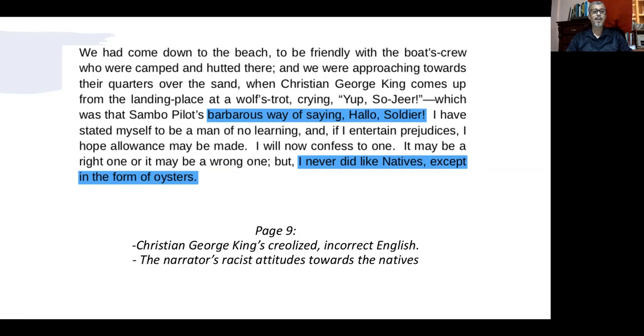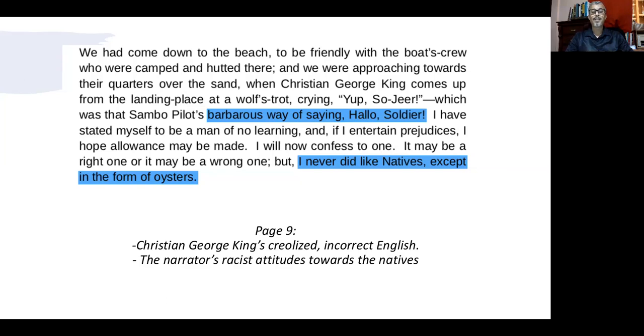"We had come down to the beach to be friendly with the boat's crew who were camped and hutted there, and we were approaching towards their quarters over the sand. And here is one of the Sambos, Christian George King, comes up from the landing place at a wolf strut, crying,"